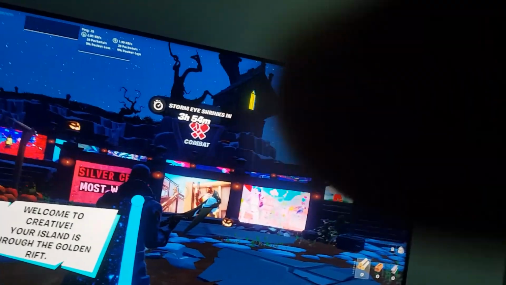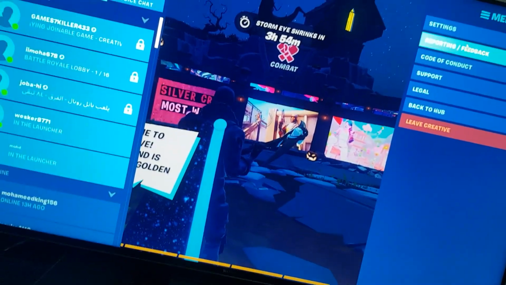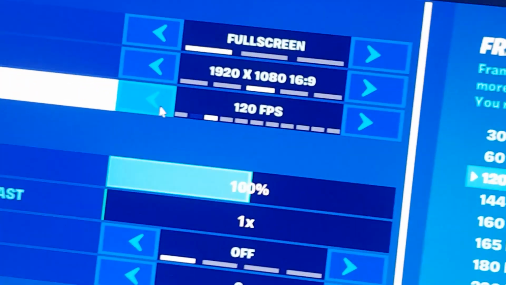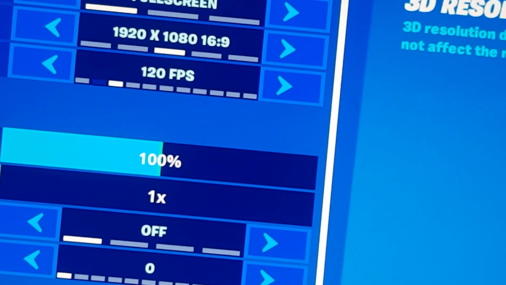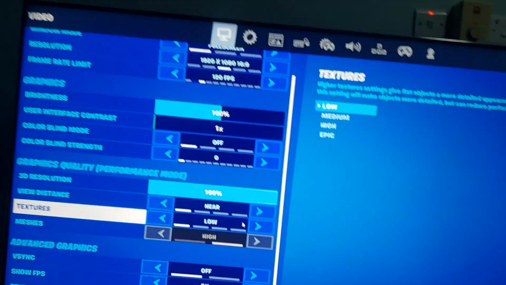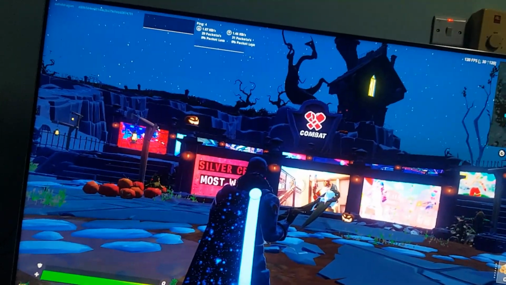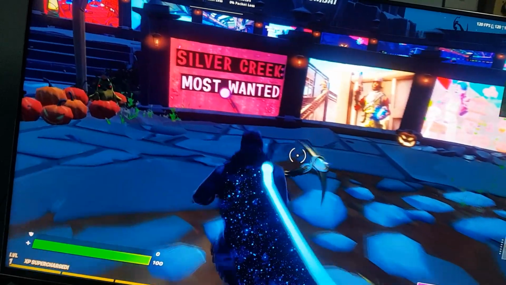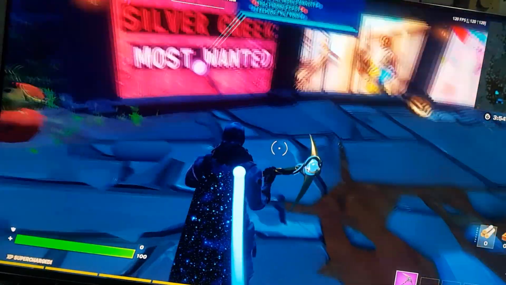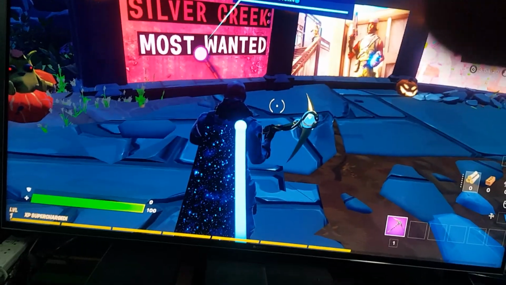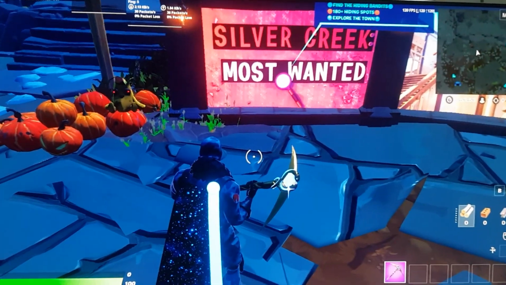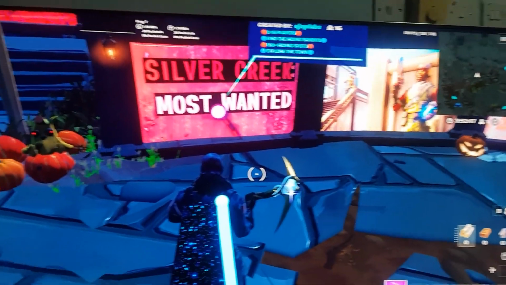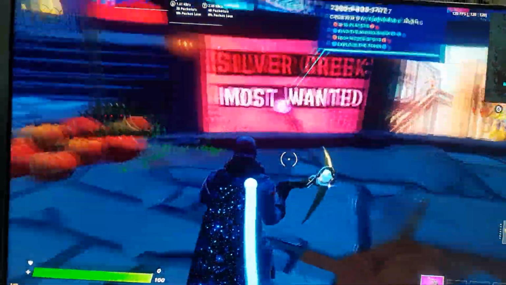Anyway, as you can see, hold on, let me cap the FPS. So look, I'm going to cap it at 120 FPS, all right? That's the refresh rate's maximum hertz. VRR is on, but if you see here, if I move, if I come here, for example, hold on, let me make this video 60 FPS for a minute. Now it's at 60 FPS, but the game is running at 120 FPS. My camera is running at 60 FPS because it's the maximum. All right, see, if I move like that,